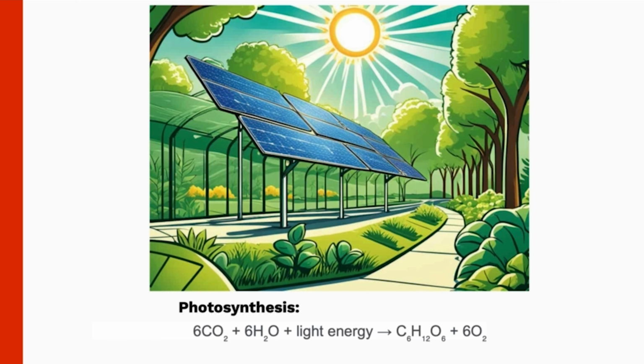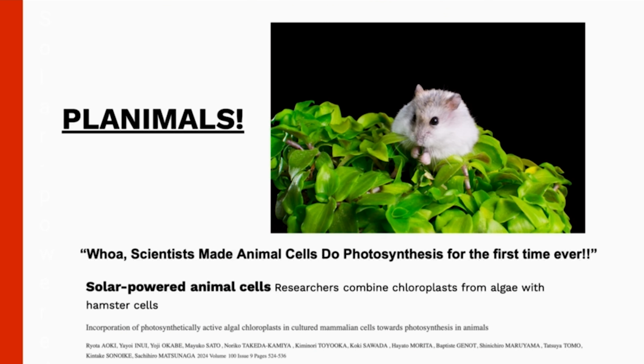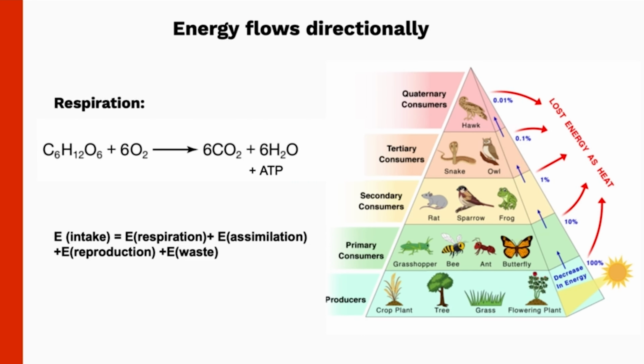I wish I could use sunlight to make my own food. And interestingly and amazingly enough, very recent research has developed a technique in which chloroplasts can be inserted into animal cells, enabling these animal cells to photosynthesize for the first time ever. Planimals. Anyhow, for now, plants and not plant-animal hybrids are primary producers and form the base food chain trophic level,